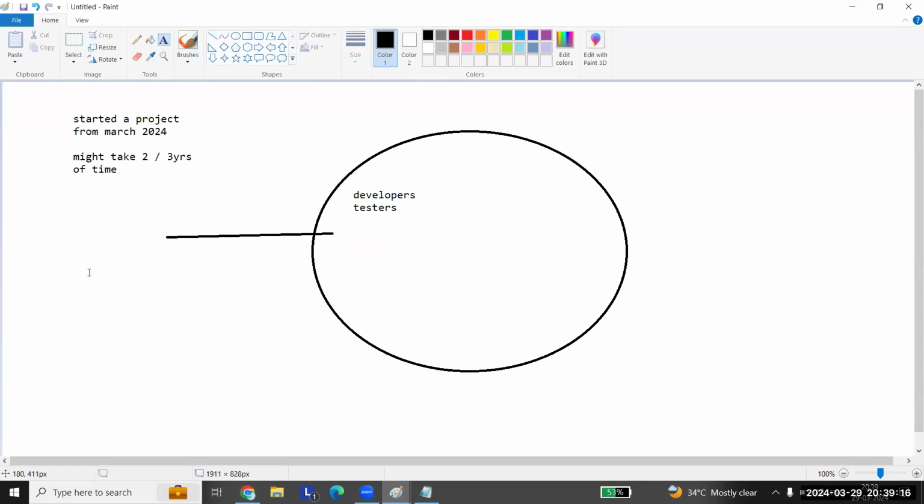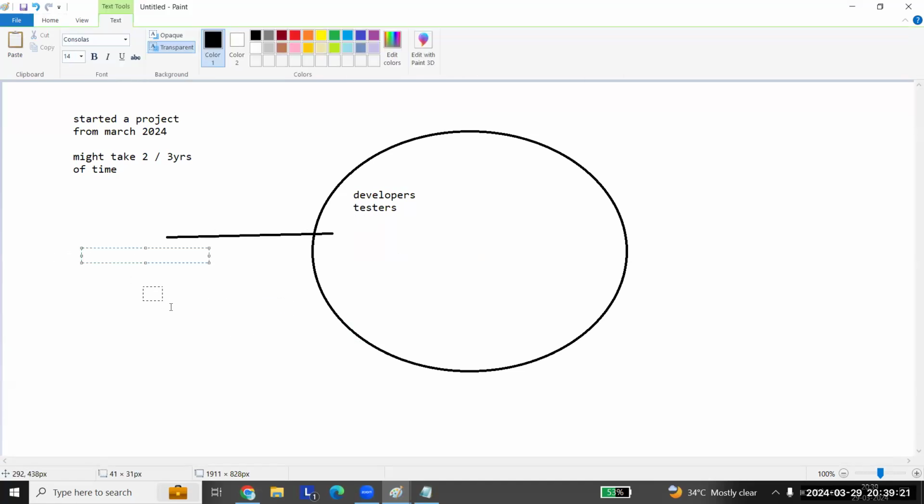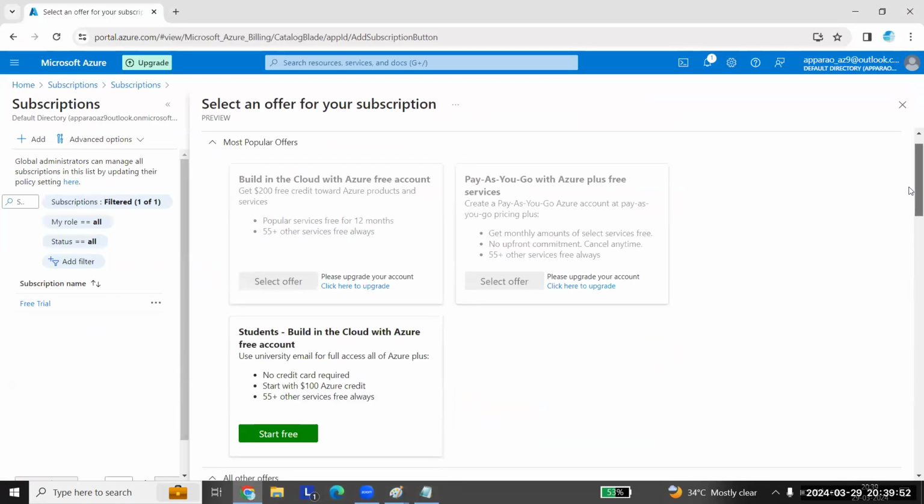they'll go with the Azure dev and test subscription here. They'll go with this because we know that there are many developers and many testers who start developing the project. That project would take some years to develop, so the cost would be very high, right? So this is the first thing you need to know. This is easy, so do not worry. Once you get into Azure, you'll come to know why you go for all this.